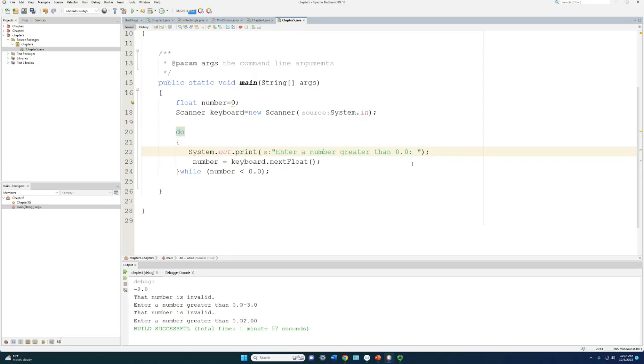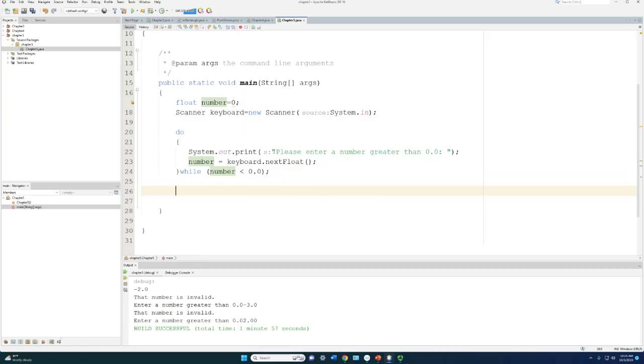The space might be too much, but essentially we ask for a number greater than 0.0, and let's just add this, please, just in case. If you don't enter it right, please enter it again, a number greater than 0.0. Eventually, the user should get the idea that they should enter a number that's greater than 0 to get the number. And then, of course, we can do a system